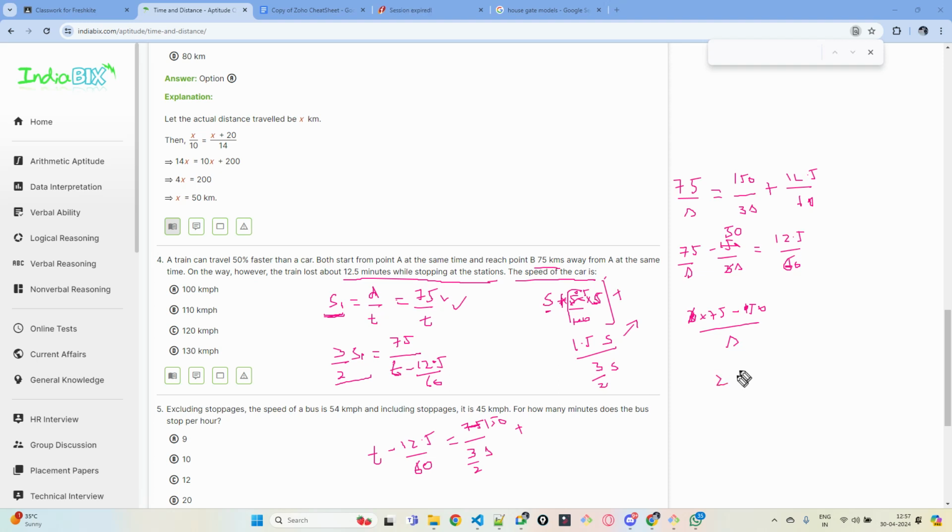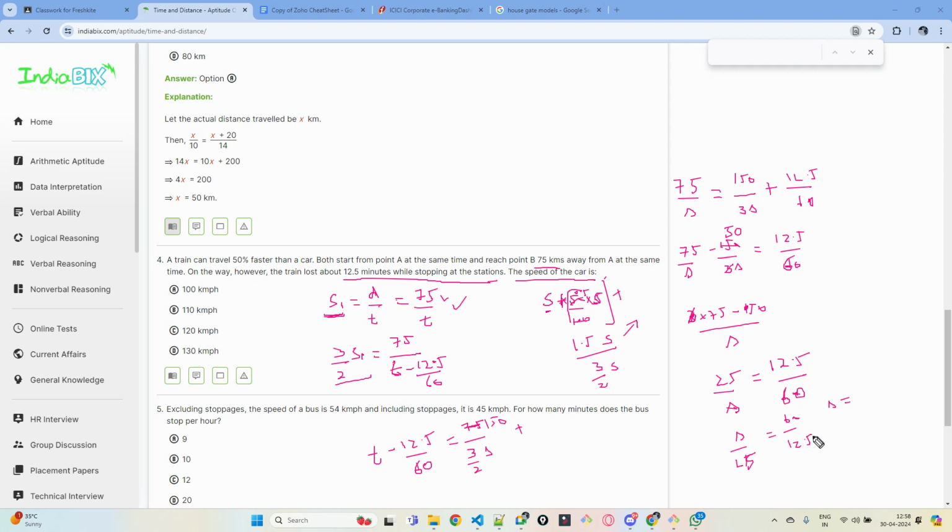So 25 by s is equal to 12.5 by 60. So we need s, right? So yes, get s this side and get all the things this side. So basically in mathematics, whatever you want, take it to the equal to. So you can reciprocal this, right? So this will be s by 25 is equal to reciprocal this 60 by 12.5. So this is 25. Okay, so s will be equal to